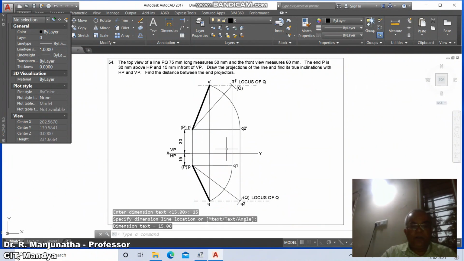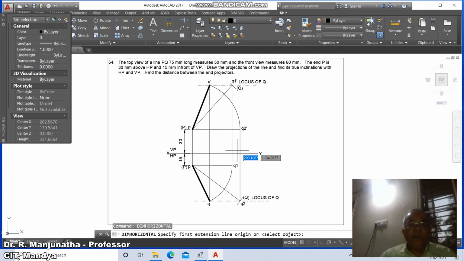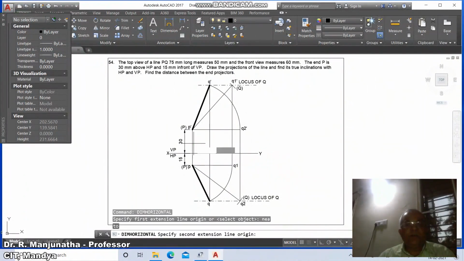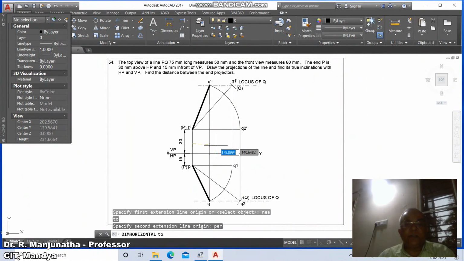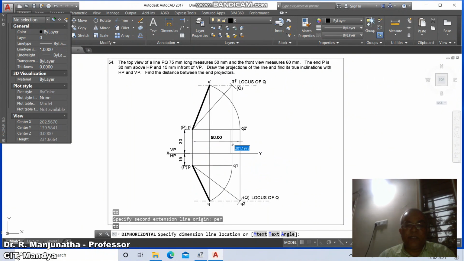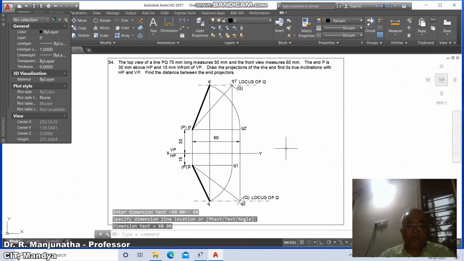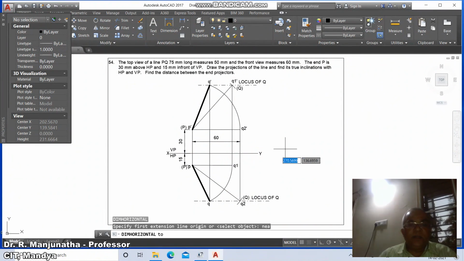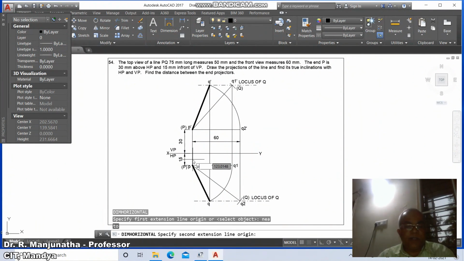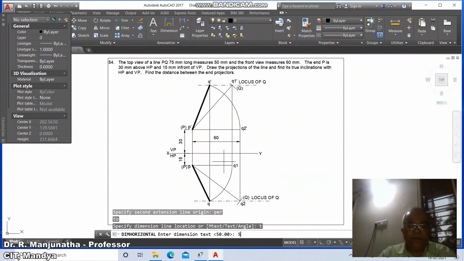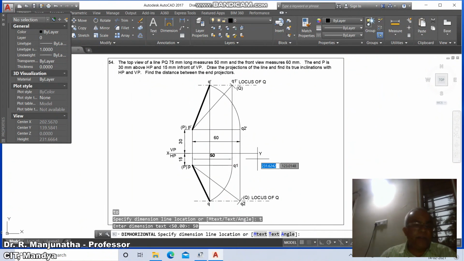Then dim horizontal, take nearest of this to perpendicular to this, and here you are going to get text type 60, then you place it. Dim horizontal, nearest on this to perpendicular to this, and here you take text type 50 and you take this.